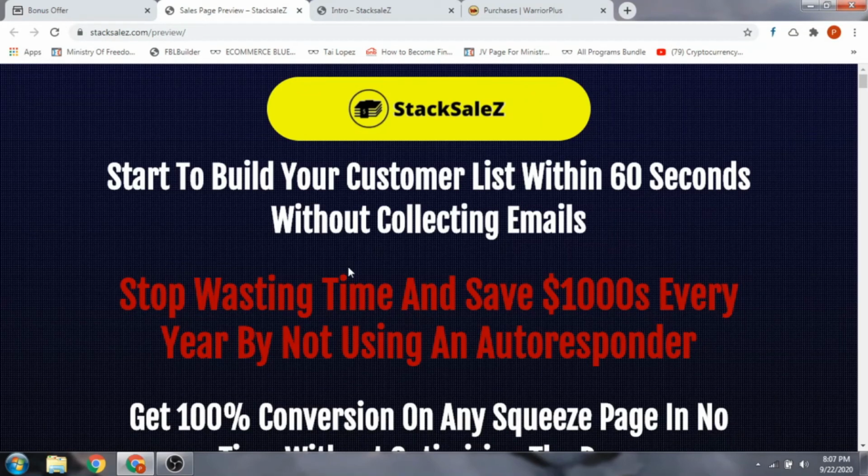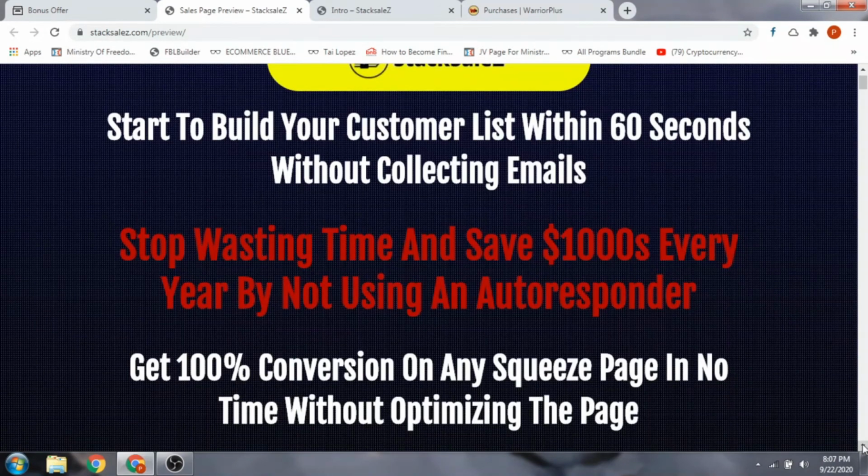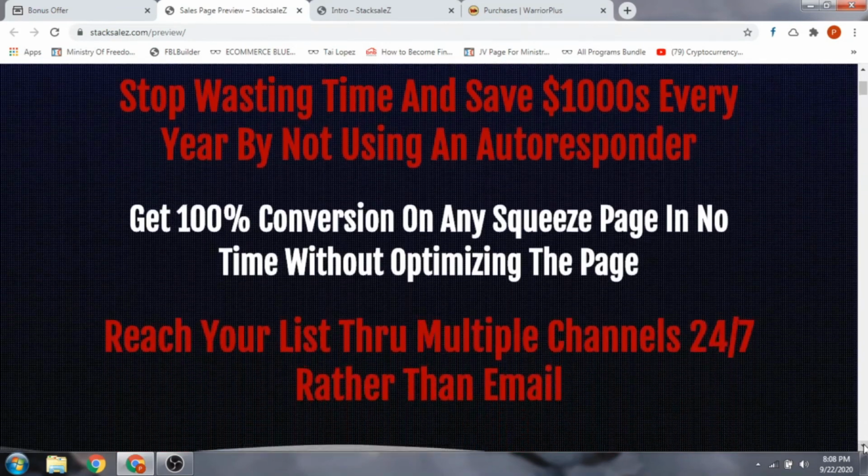Stop wasting time and save thousands of dollars every year by not using an autoresponder. This is a very cool hack for how you can generate a list of audience without using an autoresponder. Get 100% commission on any squeeze page in no time without optimizing the page. So this is another very cool hack you can do.